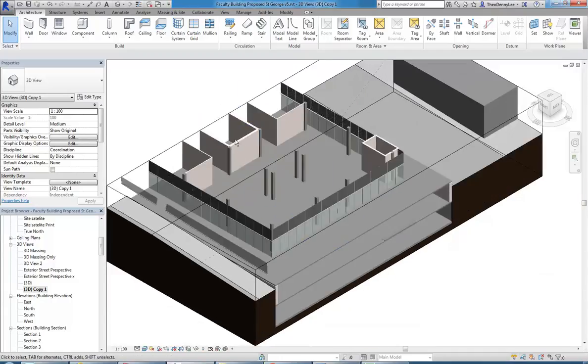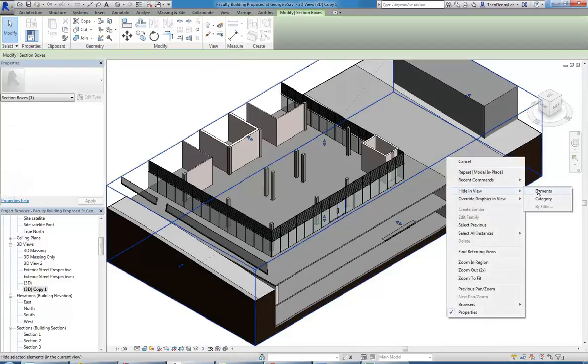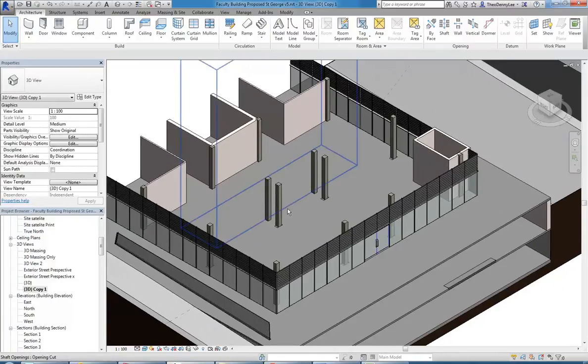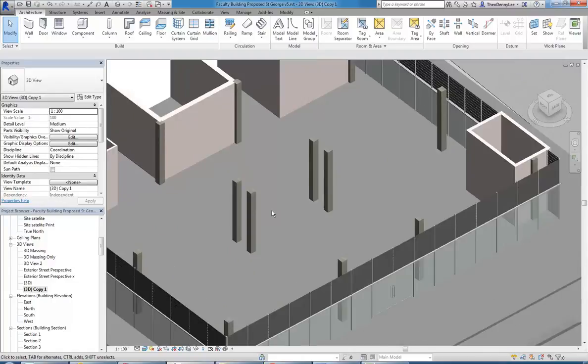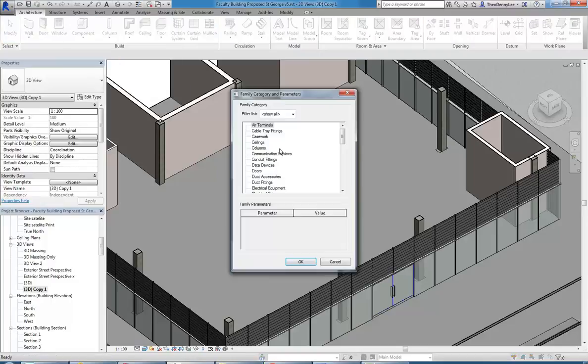Okay, so I've got here a view just with the section box turned on because I wanted to use the reception area maybe to show you some examples of some different kinds of modelling. So I'm going to use model in place and then maybe just start by looking at some of the different categories you have there, and maybe something that's important to